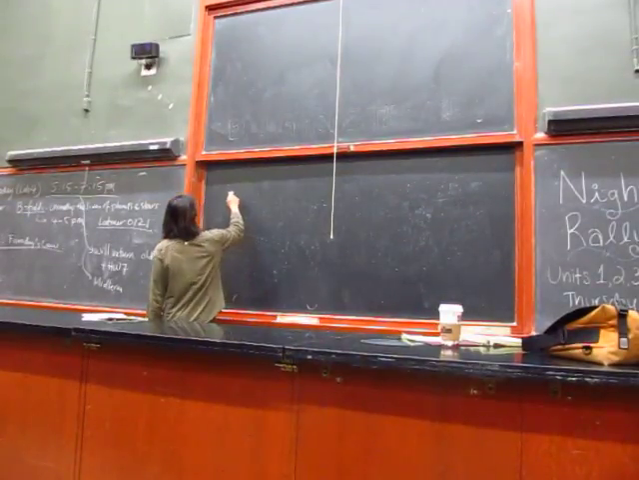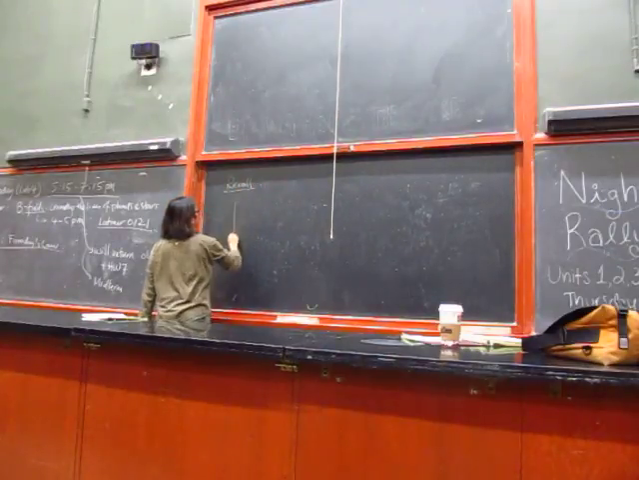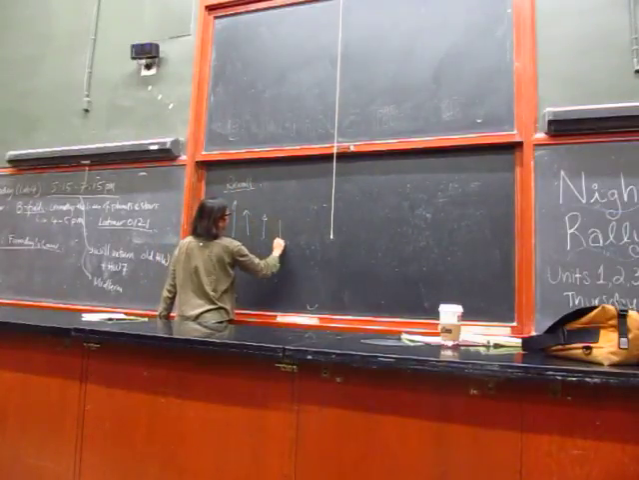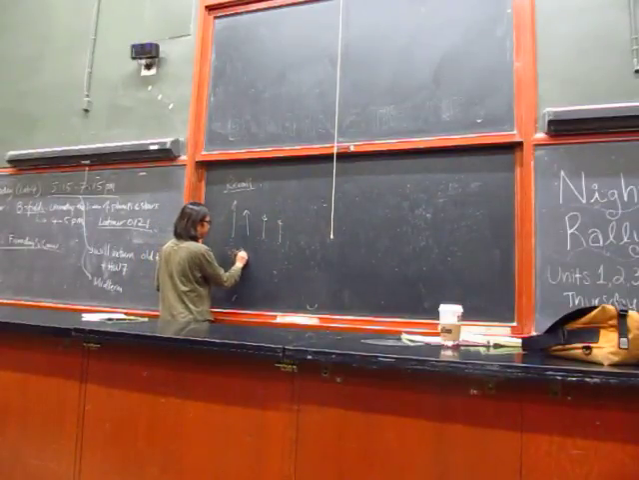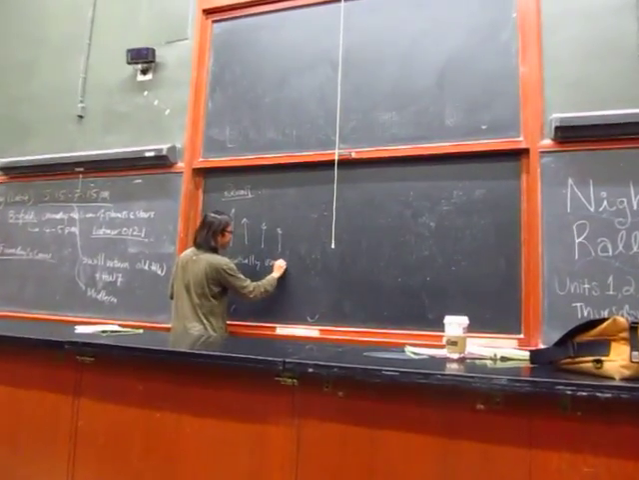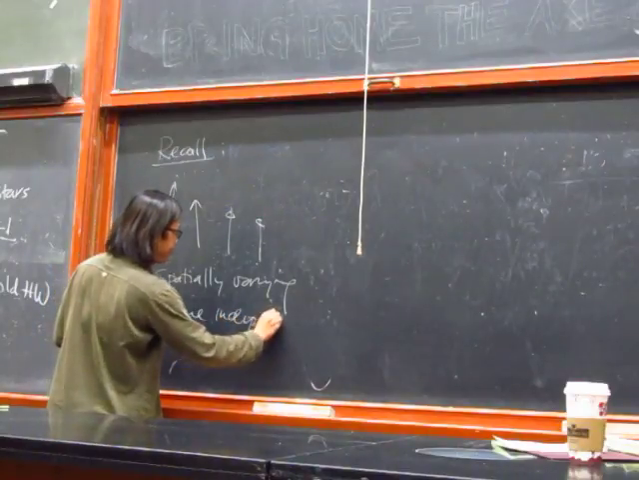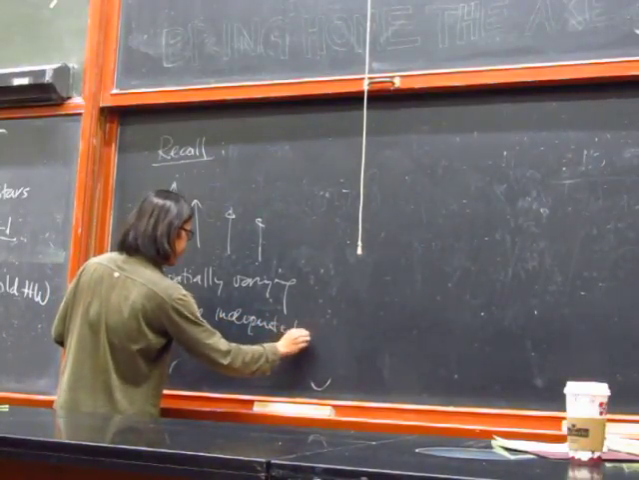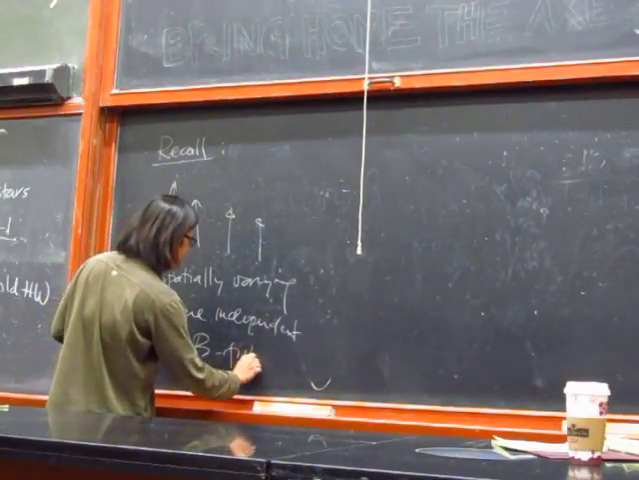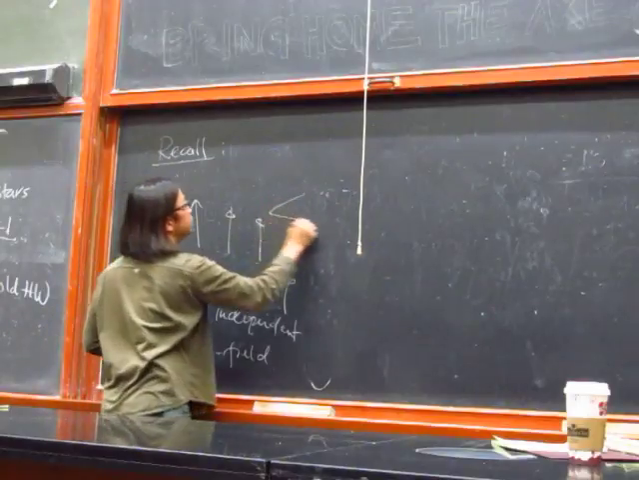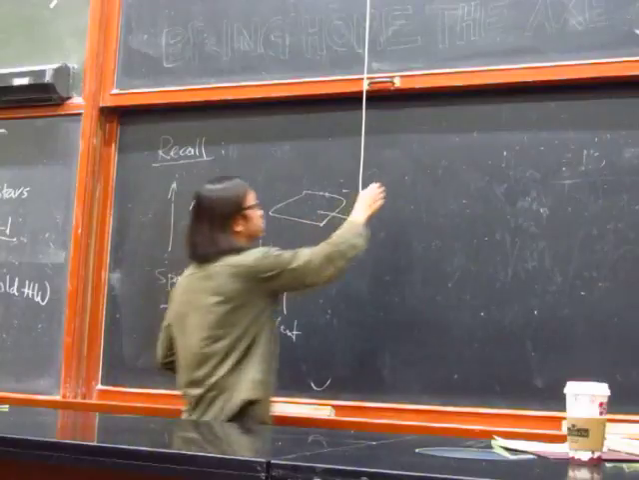So, recall, if I have a spatially varying magnetic field, but time independent, then if I have a loop moving at some velocity v, because of the Lorentz force,